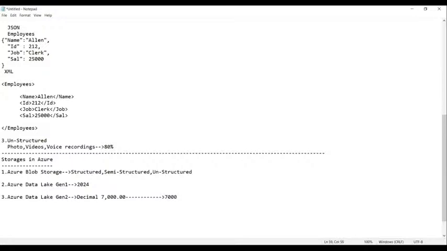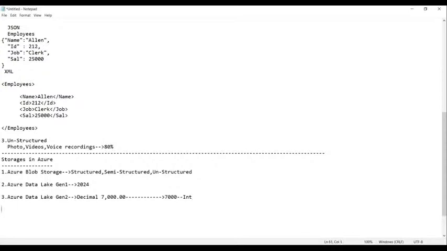That means only decimal is not accepted here. Decimal is not accepted, only integer. That means this kind of data is called decimal data, and this kind of data is called, tell me now, integer data. Am I right or not? So whenever this kind of change is to be made into the target, such data is mostly recorded into the Azure Data Lake Gen 2.